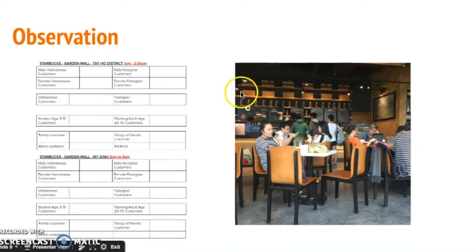Observation. We observed the customers coming to Starbucks and recorded them in a table in our primary research document. We went to both Starbucks in Taeho and meeting to collect many data and to have our own data. We observed which kind of customers usually come by age, gender, and nationality. Also, we observed how customers come to Starbucks, such as family, alone, and friends, although we didn't show it in the infographic and instead explained it.